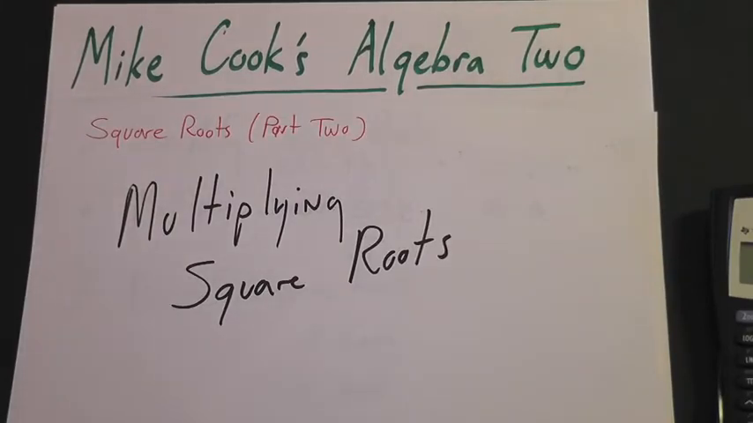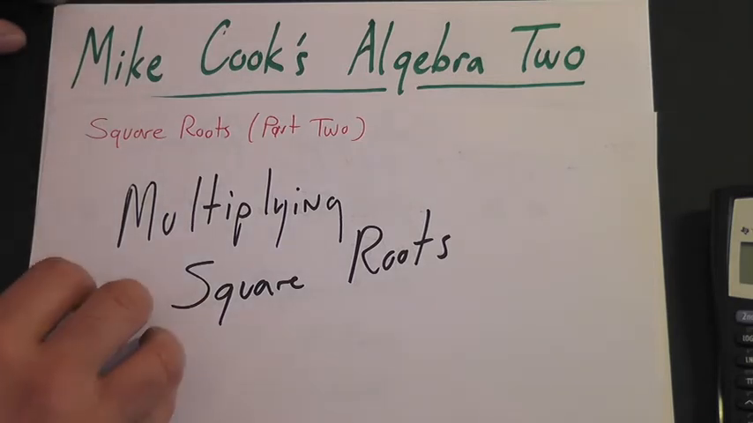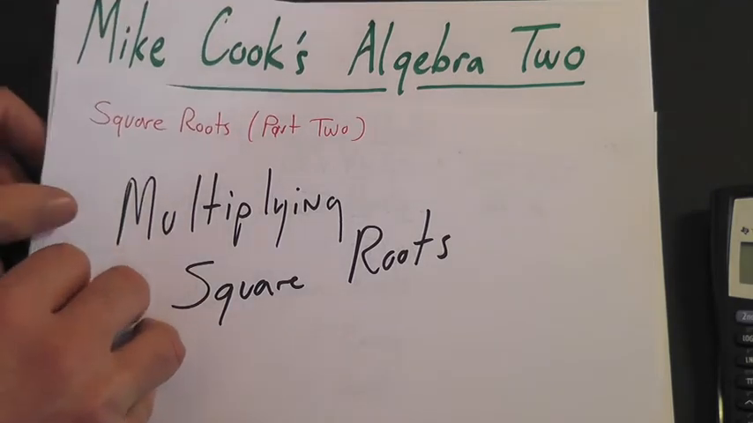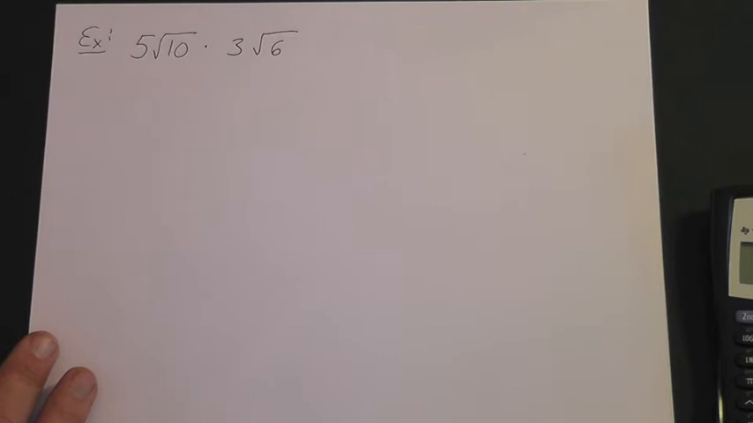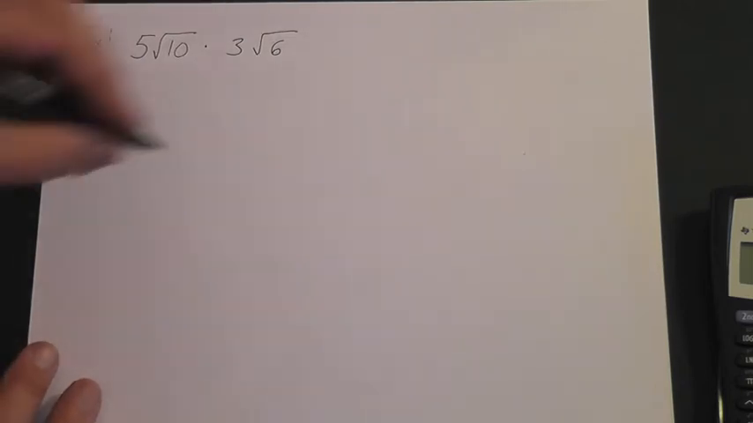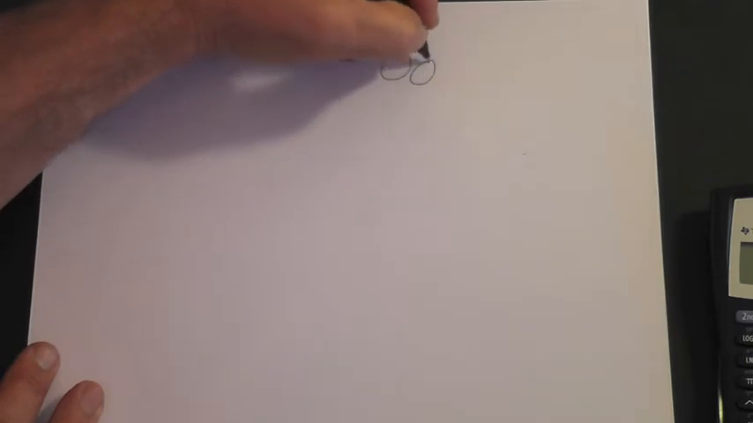Now let's look at the second video on square roots, focusing on multiplying square roots. So let's look at an example problem. An example problem might be 5 square root of 10 times 3 square root of 6. So in order to multiply square root terms, the rule that you need to remember is